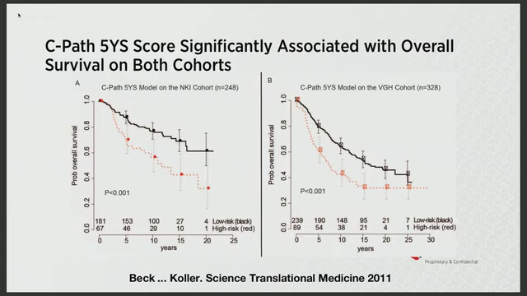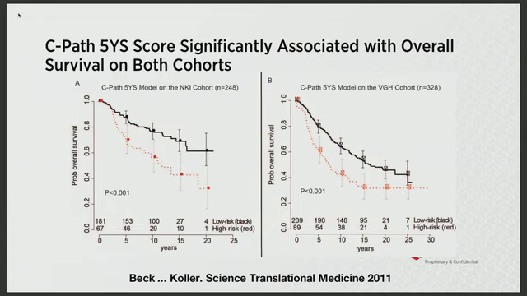And what we see here is, there seems to be a difference between the black line versus the red line, where, say, at 10 years, the probability of survival is about 80% in the low-risk group and more like 60% in the high-risk group. And overall, the p-value is very small for there being a difference between those two curves. So that's what a successful Kaplan-Meier plot would look like if you're trying to create a model that separates patients into groups with different survival distributions.